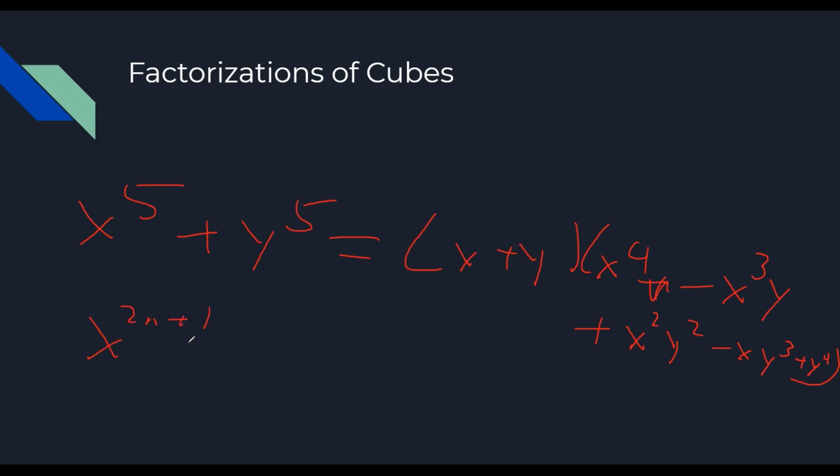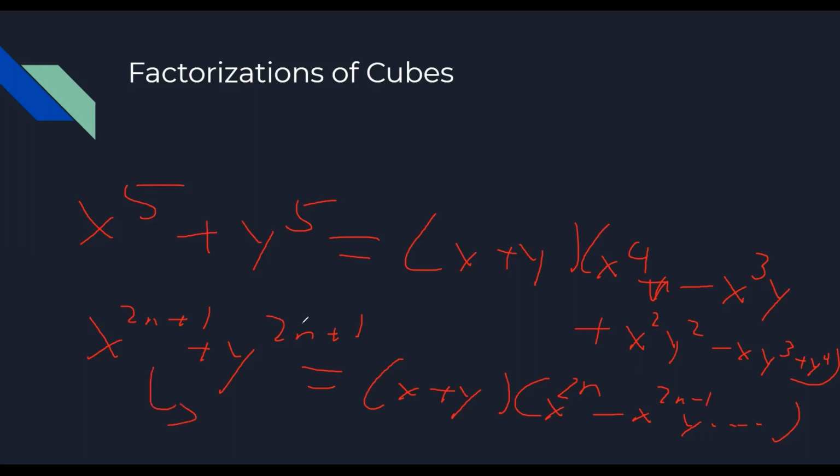x^(2n+1) + y^(2n+1) equals (x plus y)(x^(2n) minus x^(2n-1)y, etc., etc.) So it's not just for cubes, it's a general concept that goes forward. And there's a similar formula for